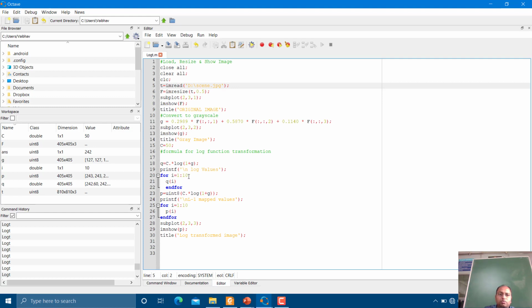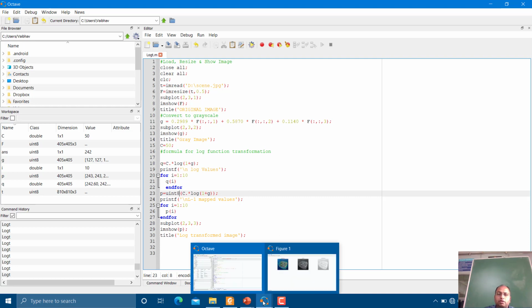I only wanted to show some of the pixel values from Q and from P, so that you can identify why we have taken unsigned integer 8. We need to map it again into 0 to L minus 1 levels. That is the need of that transformation.